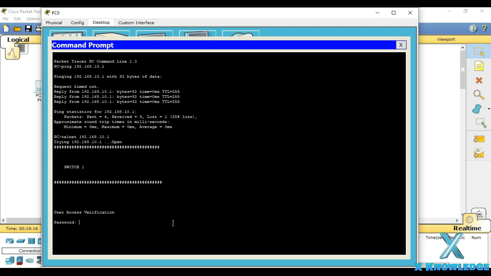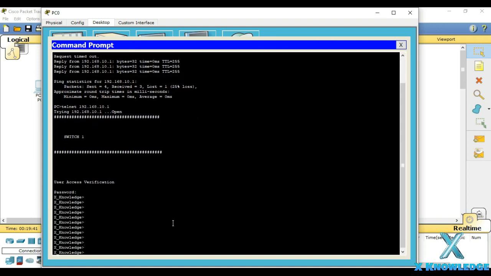You can see that it is asking for the telnet password. Since we are not accessing the console of the switch: if you access the console, it will ask you the console password, and if you telnet to the switch, it will ask you the telnet password. So I will give the telnet password, which we set as telnet only. And we are inside the switch now.